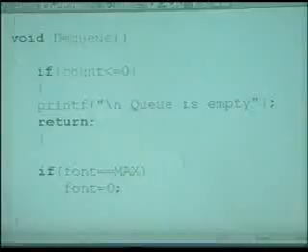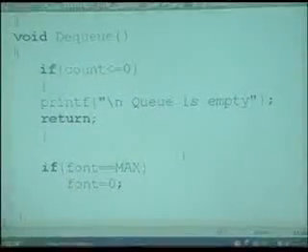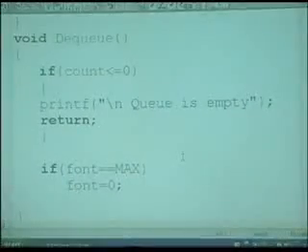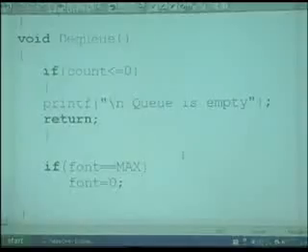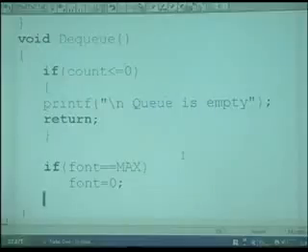Then afterwards, when front is 0, I have to delete an element.